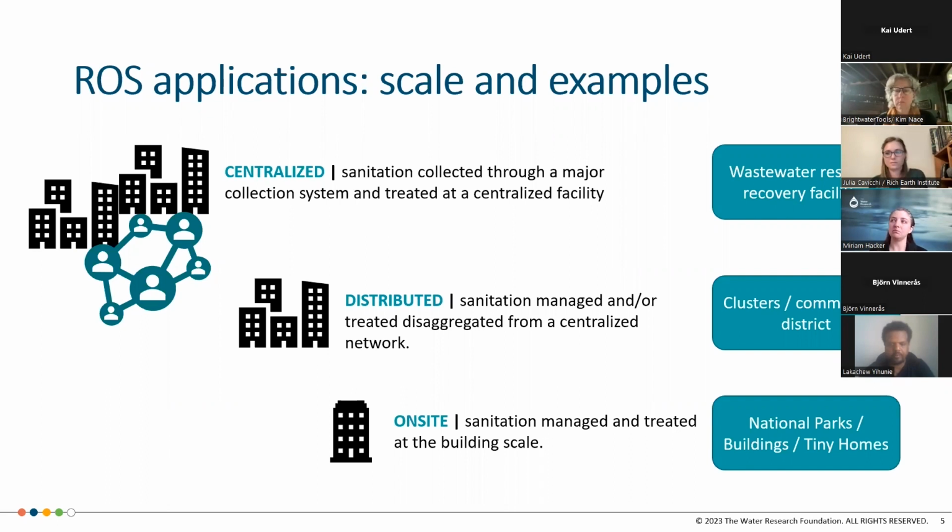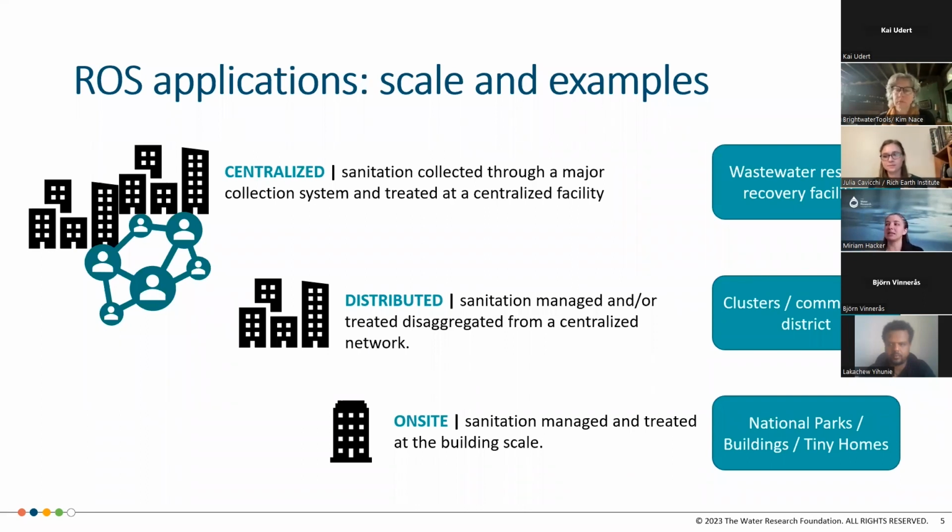And then finally, in the US, there's on-site resource-oriented sanitation, and that's looking at a building scale or at the individual household level. It can range. So for example, in San Francisco, you've got commercial buildings over 100,000 square feet. Apologies, not metric scale, but over 100,000 square feet, you've got wastewater that's being recycled on site. But we're also talking about in other places like Austin, Texas, where folks are recycling water at a household level and using it for on-site irrigation and landscaping.